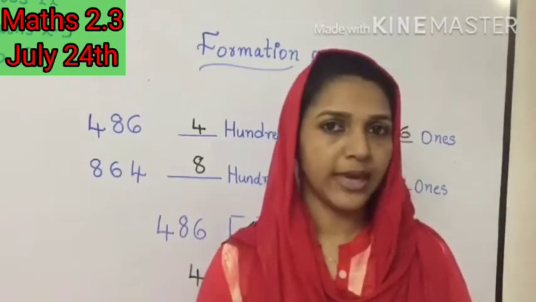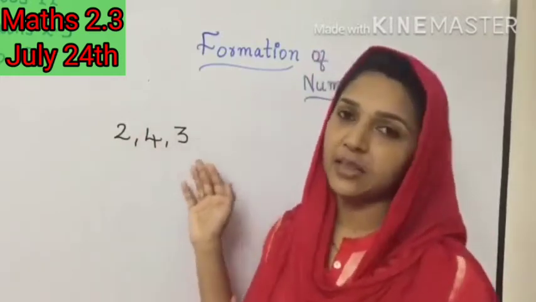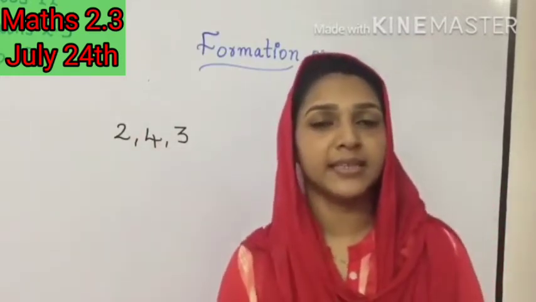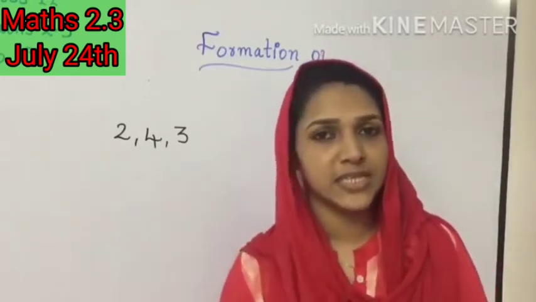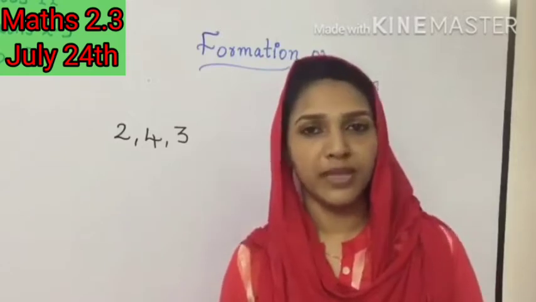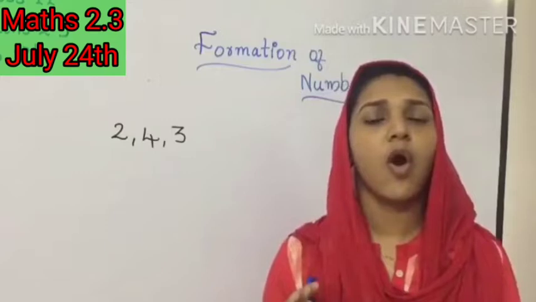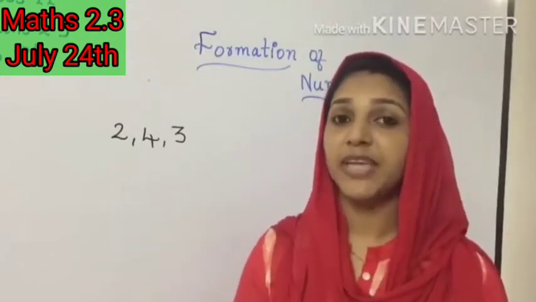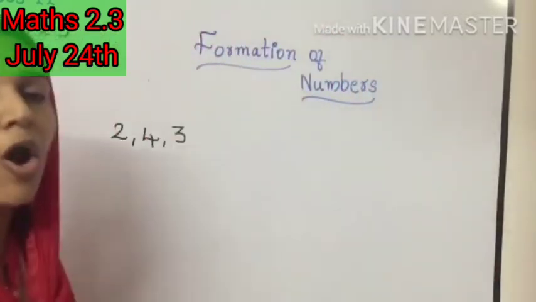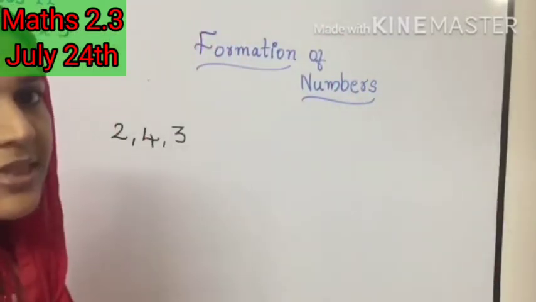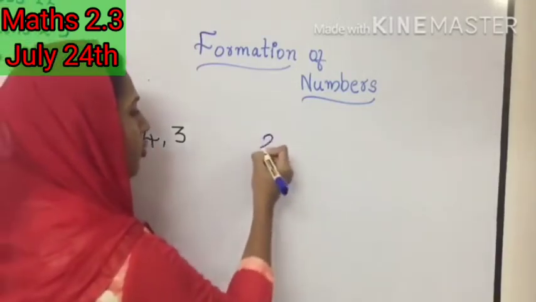Listen carefully. Okay. We have 3 digits. 2, 4 and 3. We have to make the greatest number and the smallest number by using these digits. Let's see how to form the greatest and smallest number. For that, we have to write all possible numbers that we can form by using these digits. So I am going to write all possible 3-digit numbers that we can form by these 3 digits. First of all,